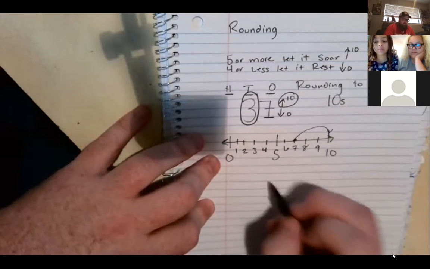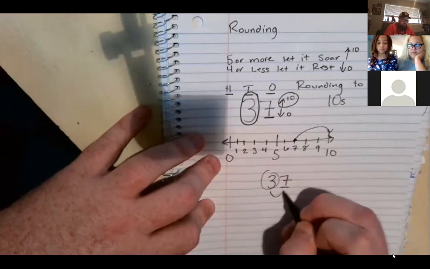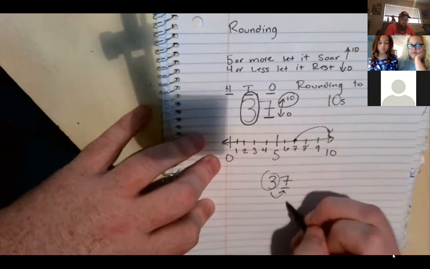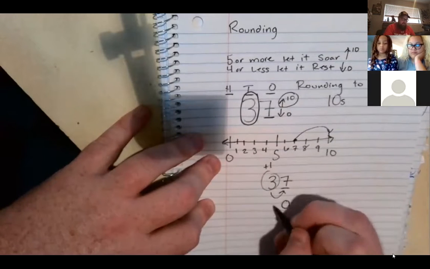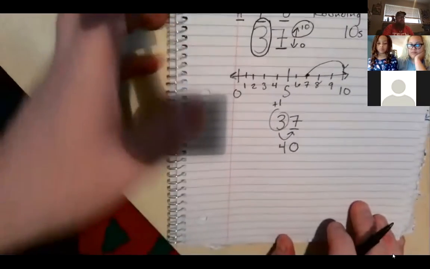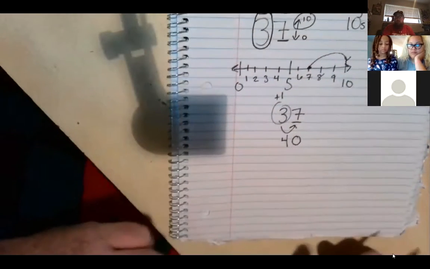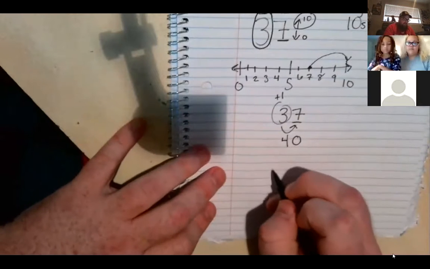So when 7 rounds up, the 7 becomes a 0, and we're going to add 1 to the 3. And that gets us to 4. On our next practice problem, Miss Winter is going to show you a really cool example of what she does with her kids. So let's say we have the number